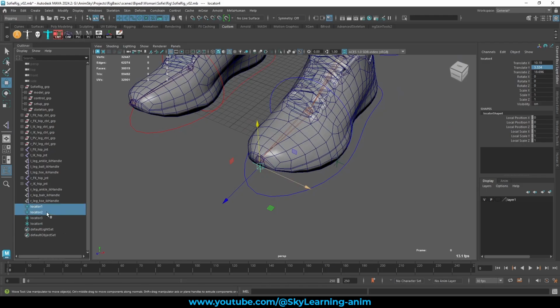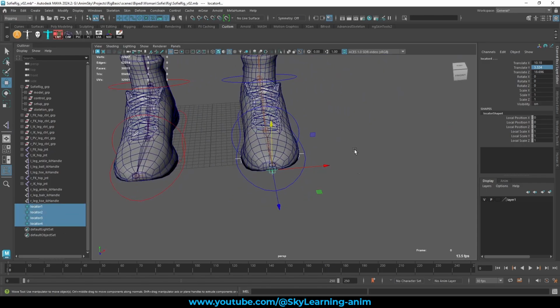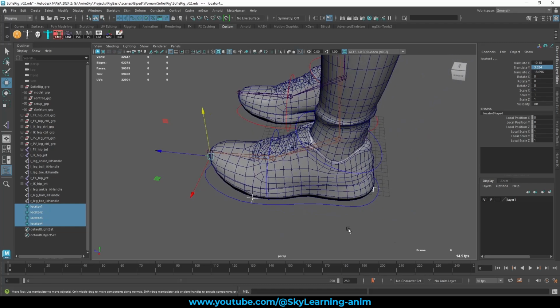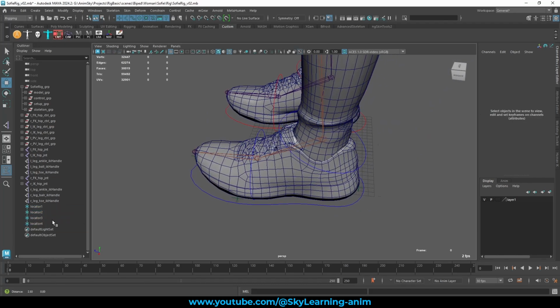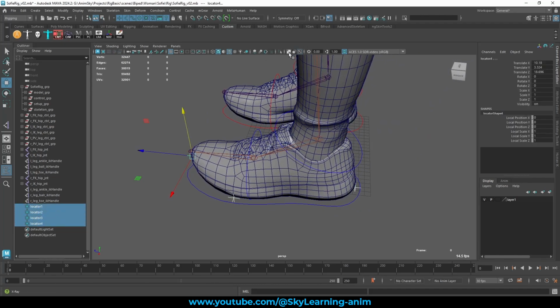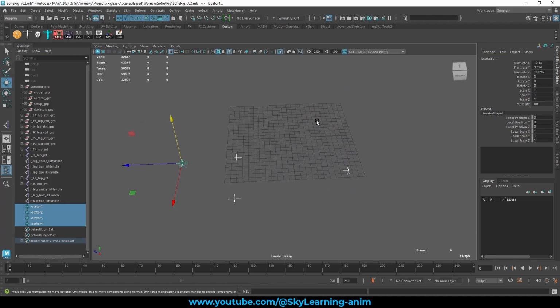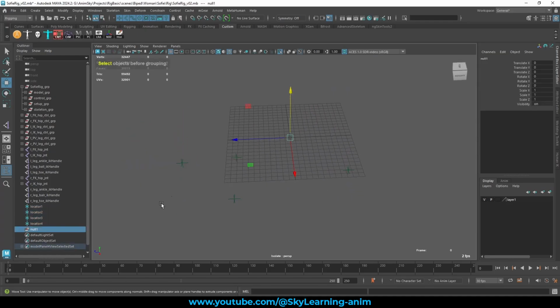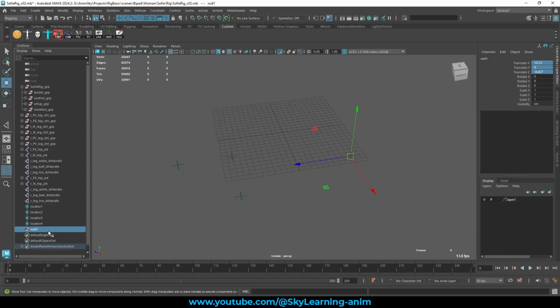All right, so now we have our four locators, on which we are going to put the groups. So let's start making the group. Control G. This will snap over here. So this group, remember, we will be having this translation. We need that translation, so the pivot should be there, and this should be our left leg,